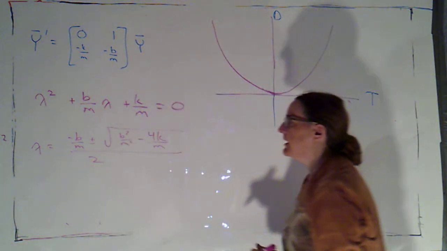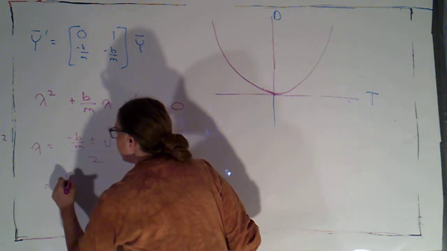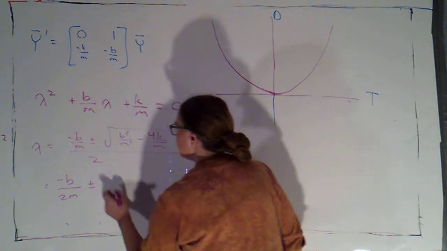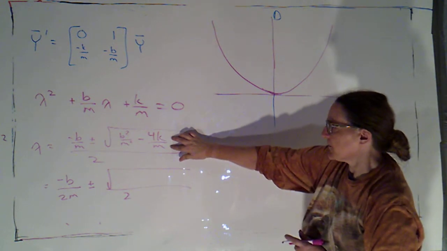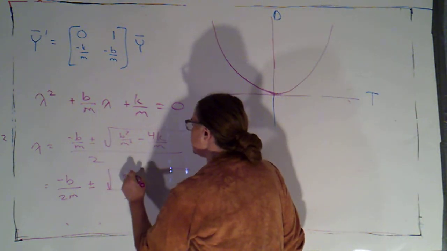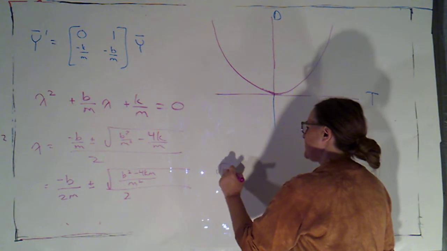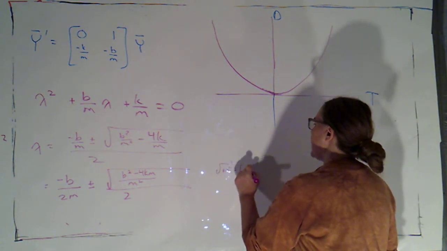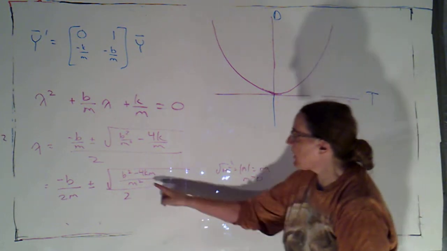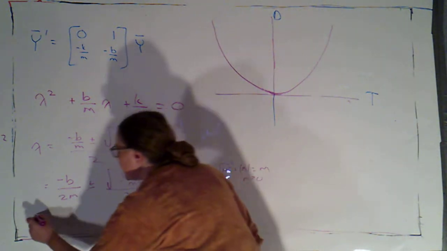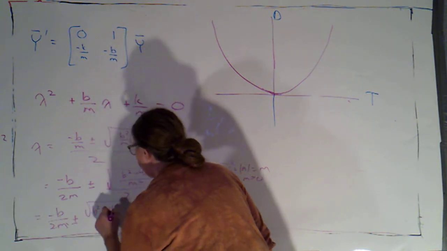To simplify this, I'm going to just do a couple of things. First of all, I'm going to break it into two parts and distribute the 2. So I'll have negative b over 2m plus or minus this lovely square root over 2. But I'm going to just get a common denominator for what's under the root here. So that'll become b squared minus 4km over m squared. And then I can say, well, the square root of m squared, that's the absolute value of m, which is just m because m is bigger than 0. It's the mass. Okay. So I can pull out an m here and I can just bump that to the bottom. So I get negative b over 2m plus or minus the square root of b squared minus 4km